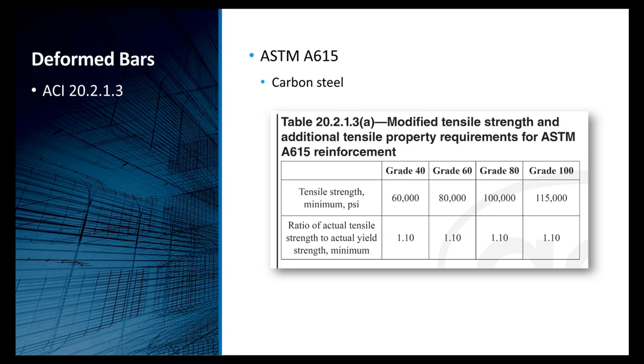So given that, we're going to start by looking at ASTM A615 or carbon steel. As you can see in the particular table here, just want to grab my pointer. We have the different grades, the different minimum tensile strengths, and the minimum actual tensile strength to actual yield strength. So that's given as a constant for all the different grades that are available. And in our next slide,